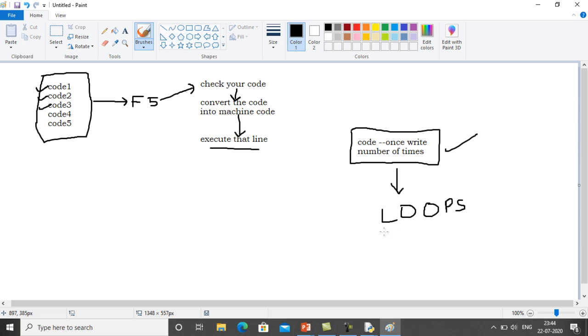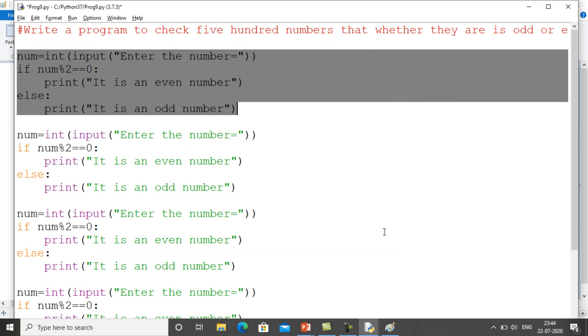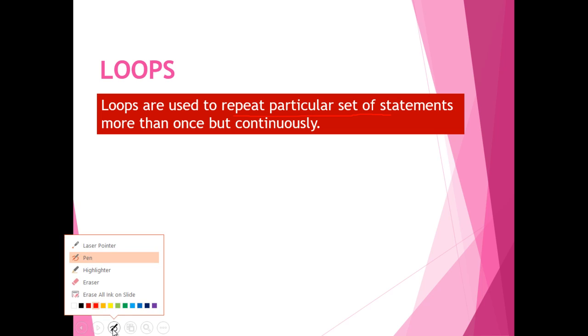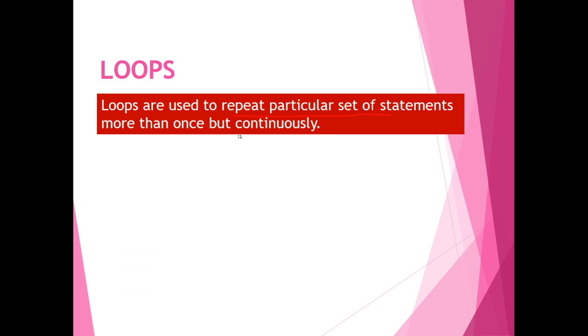So now what will be the definition of the loop? Okay, so loops क्या हो गए हमारे पास? So loops are used to repeat particular set of statements. So जैसे आपने देखा भी है already that with the help of the loops we are repeating a particular set of statements, ठीक है। So loop का मदद से हम लोग particular set of statements को बार बार repeat करवा